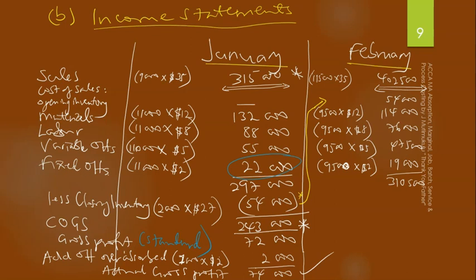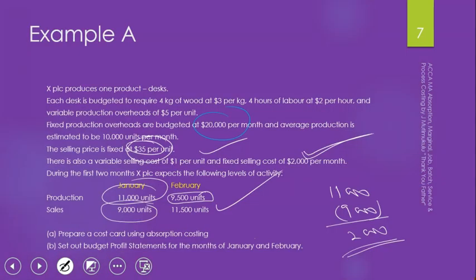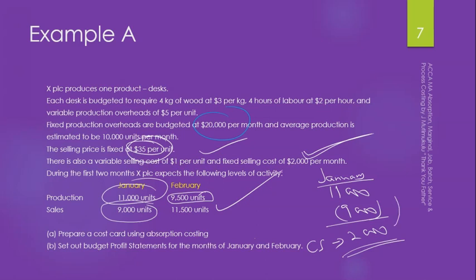Then when we get that, we have to ask ourselves, was there any closing stock? Like I said, this was January. Our closing stock was 2,000. Then in February we produced, let me use another pen color, in January, in February,